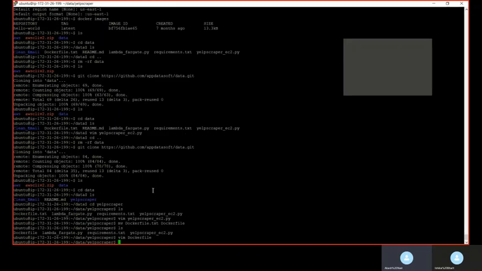So now this folder also has lambda underscore fargate. You don't actually require that file. In the Docker file, we did not copy it into our Docker. There was no line such as copy lambda underscore fargate.py from the directory. So now what we'll do is upload this to the ECR.